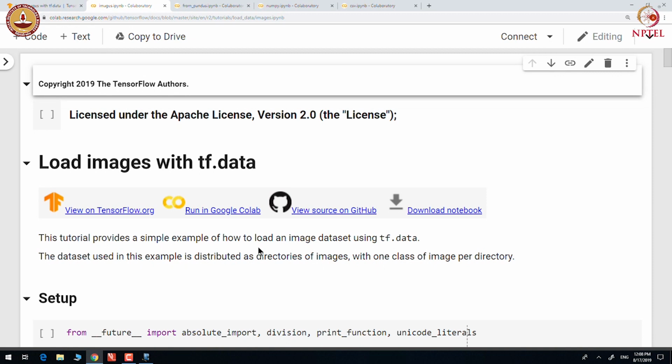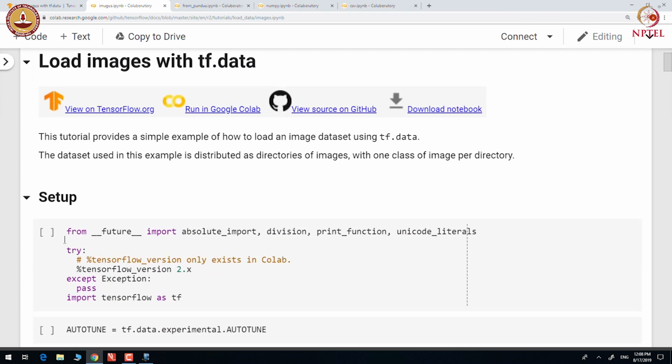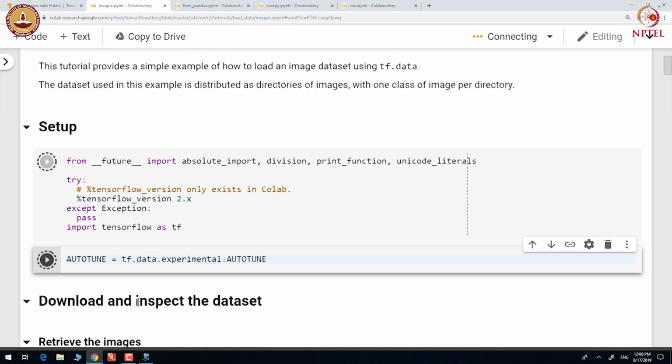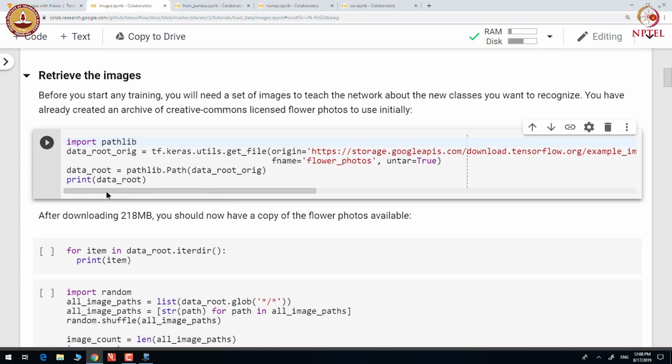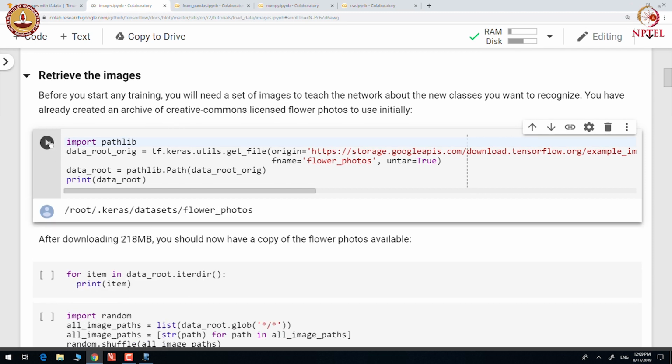So, let us see how to create an input data pipeline for such data through this example. Here we first download the file.